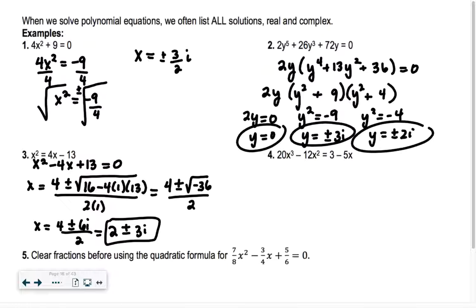All right, get everything on one side. So I have 20x cubed minus 12x squared plus 5x minus 3 when I subtract the terms over. Subtract or add. And this has 4 terms, so what do we always try first? Yeah, factor by grouping. Sometimes factor by grouping doesn't work, and then that's going to be like the P over